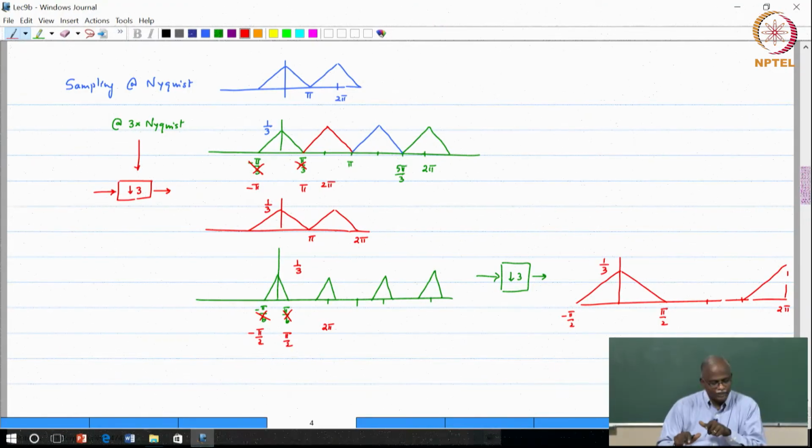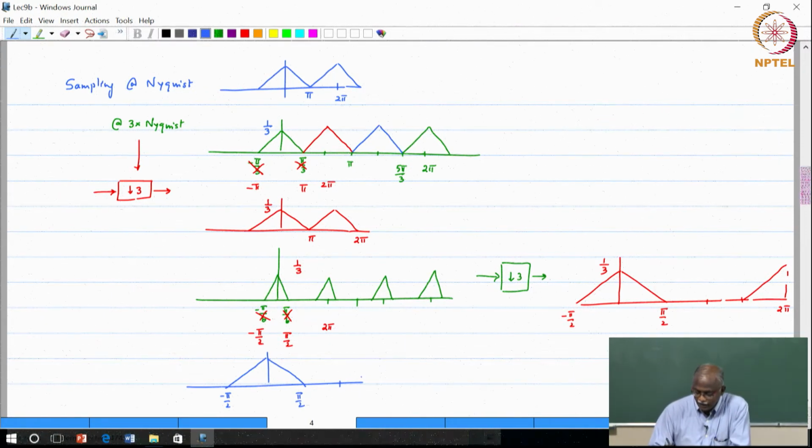Now, all of this was done to answer the following question. If I gave you a spectrum that had the following form, where the signal spectrum went from minus pi by 2 to pi by 2, okay. And of course, that means the other copy of the signal would be here. Now, if I took this signal and downsampled it by a factor of 3,